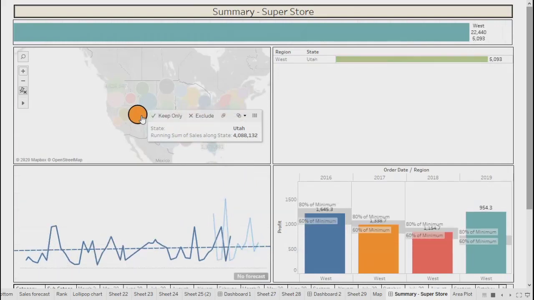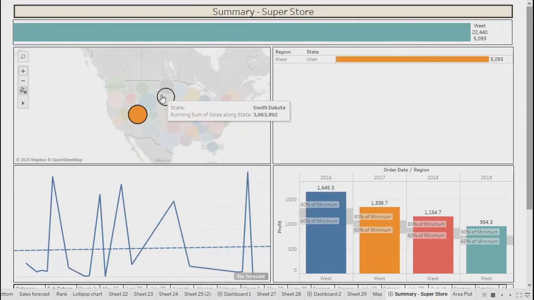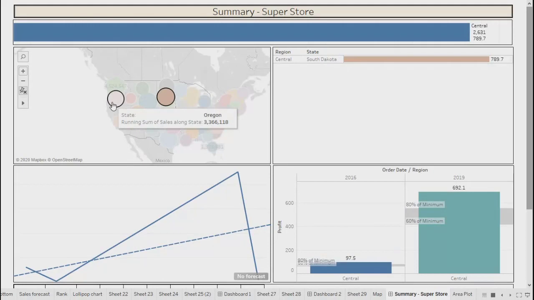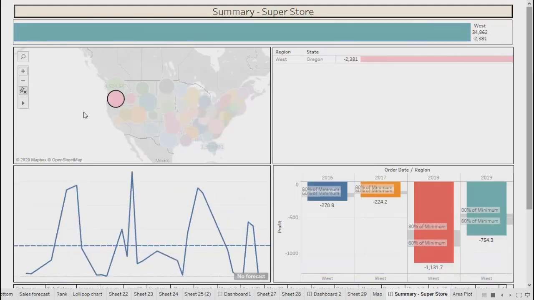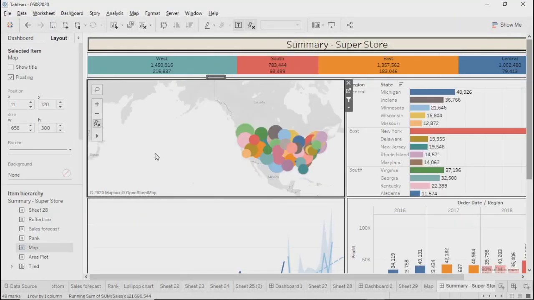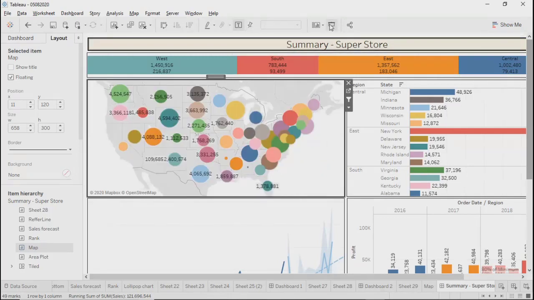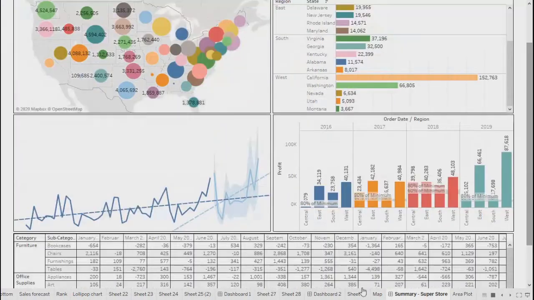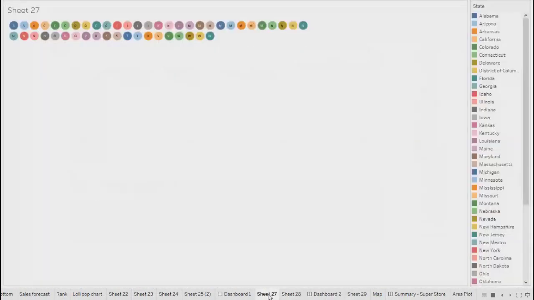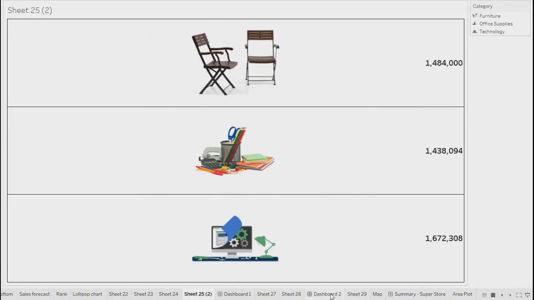So keeping the dashboard in mind, these are the things which you need to plan, the view first of all, before even creating. So this is basically UI planning, right? You need to do it even before starting the dashboards, or when you are working on these individual sheets, you need to think about what you are going to use in the dashboard.